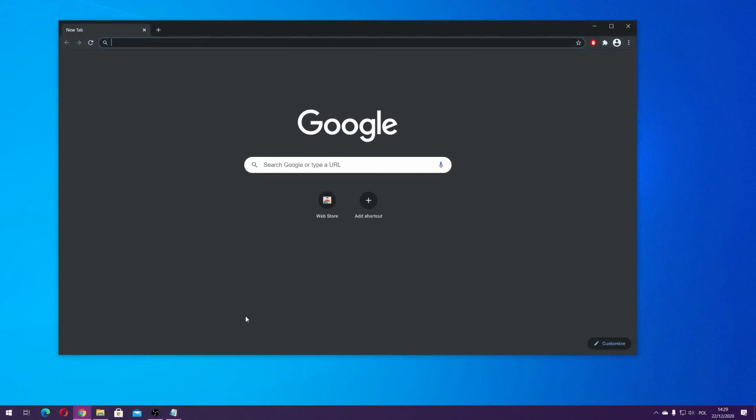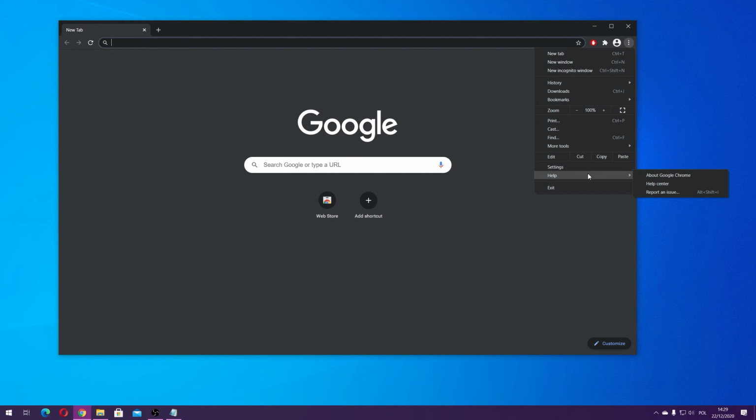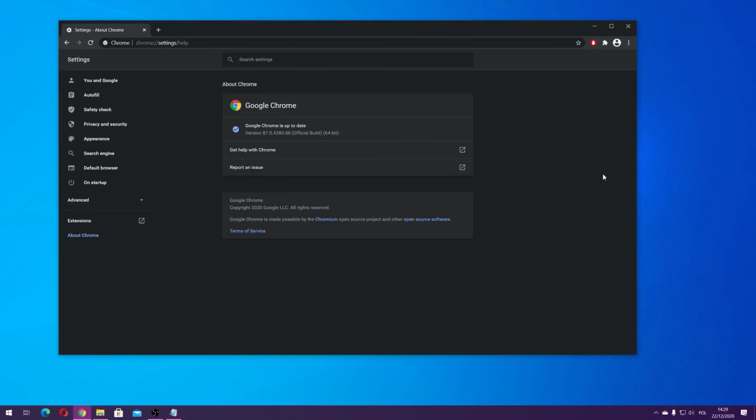Let's open the Chrome browser, and on the top right corner, let's click on the More icon and go to Help and About Google Chrome option. It will automatically check if this version is up to date or not. If not, on the right side a button will appear to download and update Google Chrome. Of course, to apply any available updates, click Relaunch,